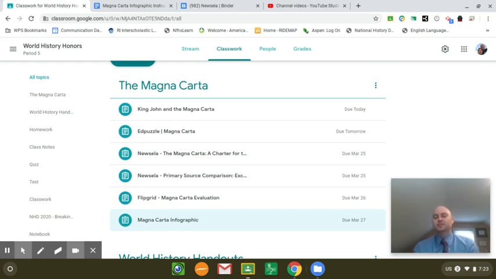And this is what we're going to work on through the week. So each of these assignments, don't be too overwhelmed. Up until the Magna Carta infographic, these are designed to be about 15, 20 minutes a piece, depending on your work rate here. And by the time it's done, we should have a pretty nice looking infographic. But if you have any questions about what to put in it, how it should look, send me that email and we'll take care of you.